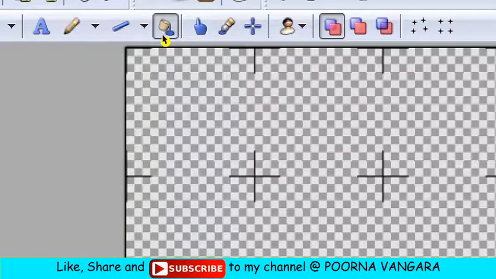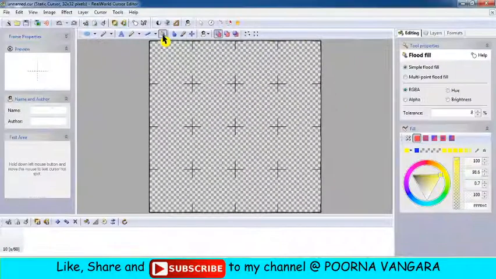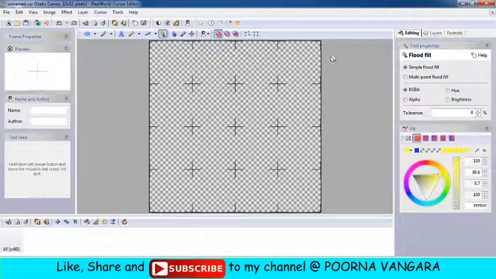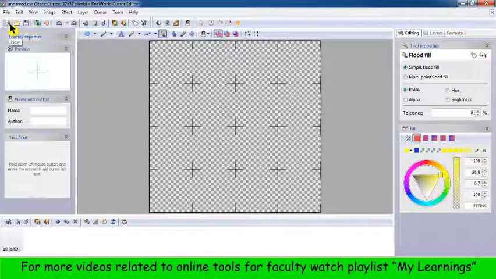The only thing is you need to place the cursor on the particular icon which you want to show. I mean, where you want to zoom in, you need to place the cursor. Let me give one more example. If I want to show you this new option on the right side, first I need to move my cursor over there.